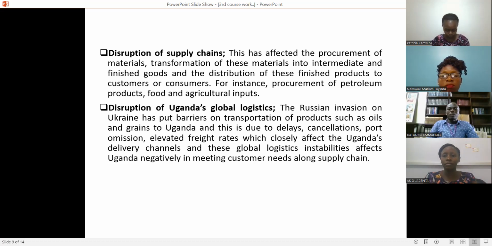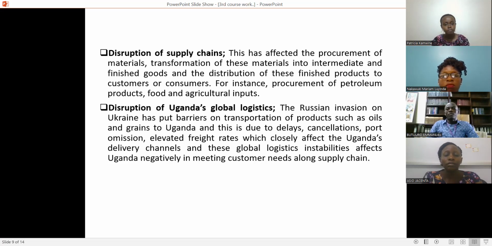We have disruption of supply chains. Uganda has been greatly affected by that war, whereby its supply chain has been delayed. The flow of so many other activities that take place, such as purchasing and material handling, is greatly affected. For example, the trucks that have been coming in are greatly reduced due to the conflict, because we all know we import oil from these countries, we import seeds, fertilizers, and grains, all these from these countries.